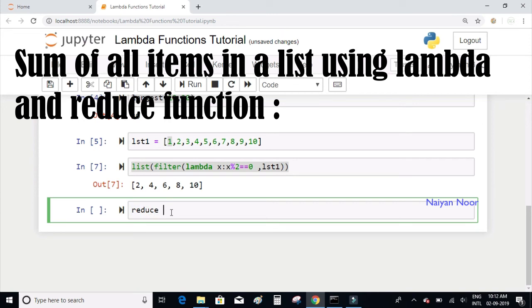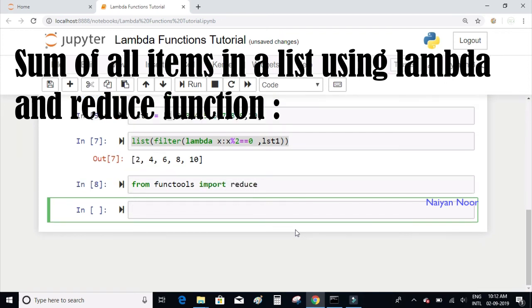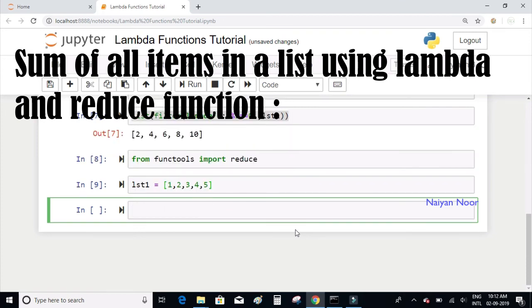To be able to use this reduce function, we need to import it from a module called functools. From functools import reduce. Now let me define a list. Basically I want to find out the sum of all the elements inside this list. So I'll make use of this reduce function,